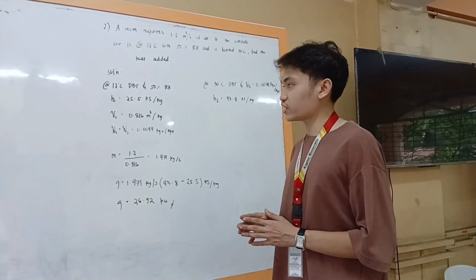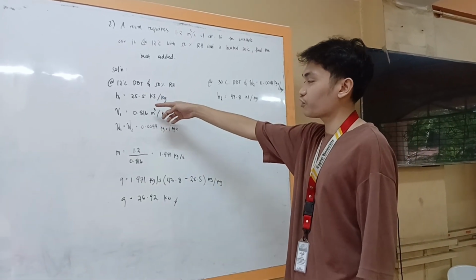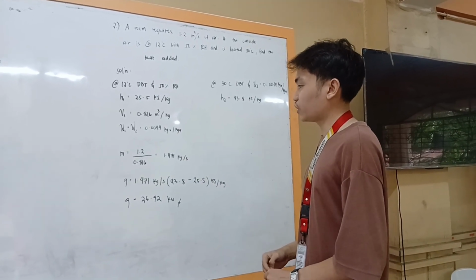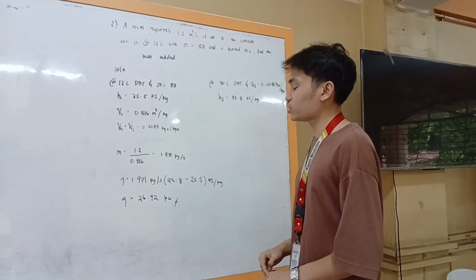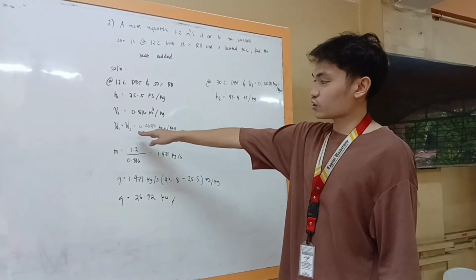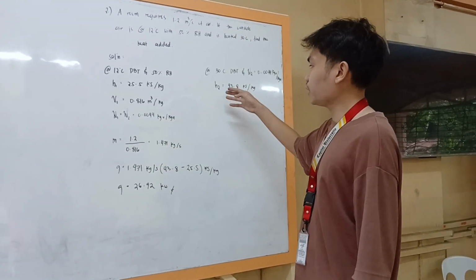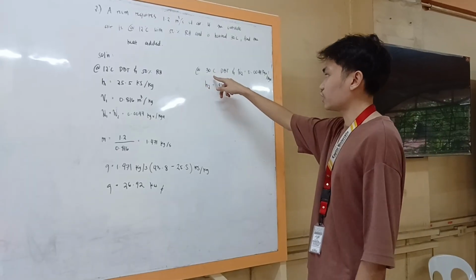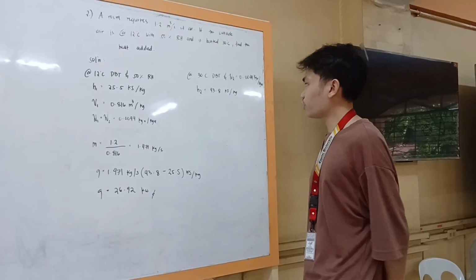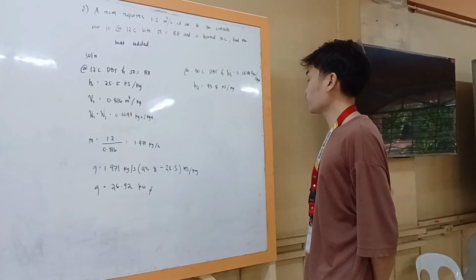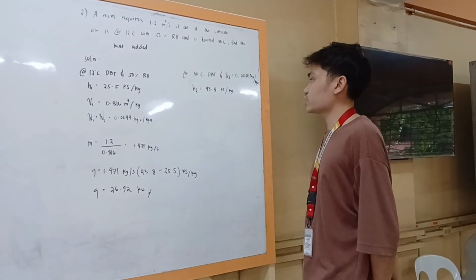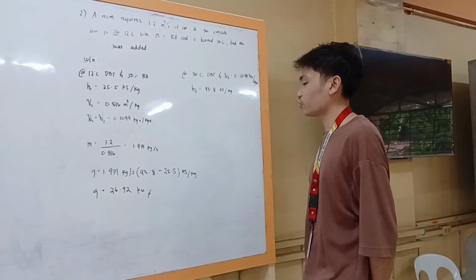Again, we'll be using our psychrometric chart to get these values: H1 is 25.5 kilojoules per kilogram, specific volume 0.816 cubic meters per kilogram, and the humidity ratio is 0.0044 kilograms vapor per kilogram dry air. Since this is a constant humidity ratio, we will put it here in getting the state at 30 degrees Celsius dry bulb temperature and humidity ratio 0.0044 kilograms vapor per kilogram dry air, which gives our enthalpy 2 of 43.8 kilojoules per kilogram.